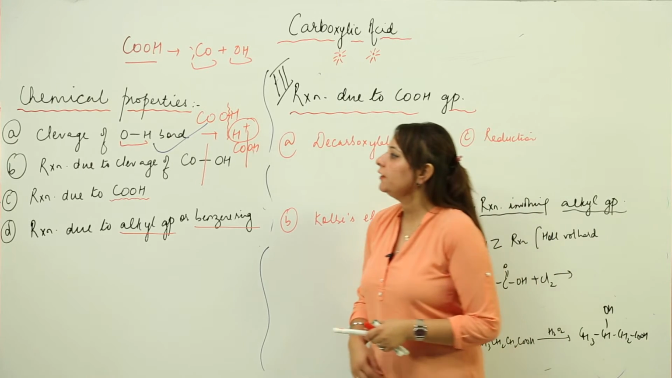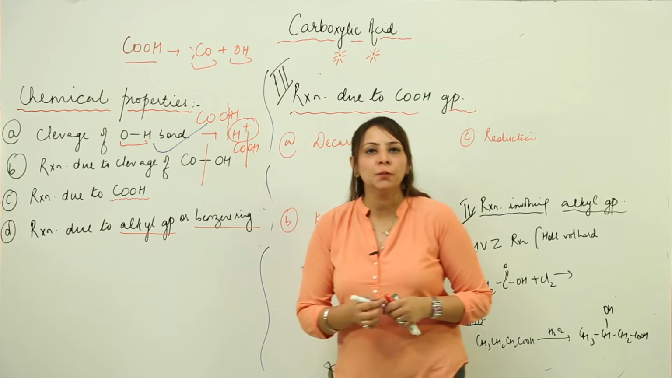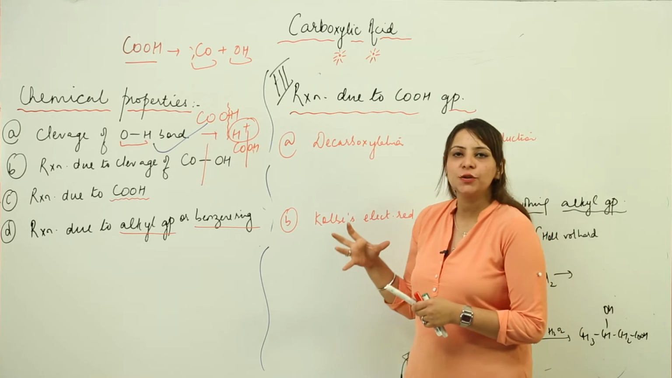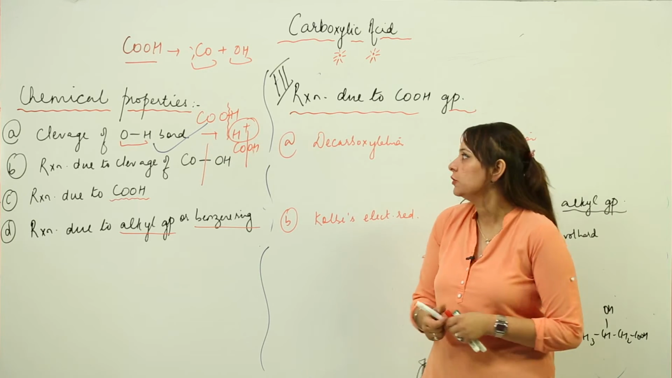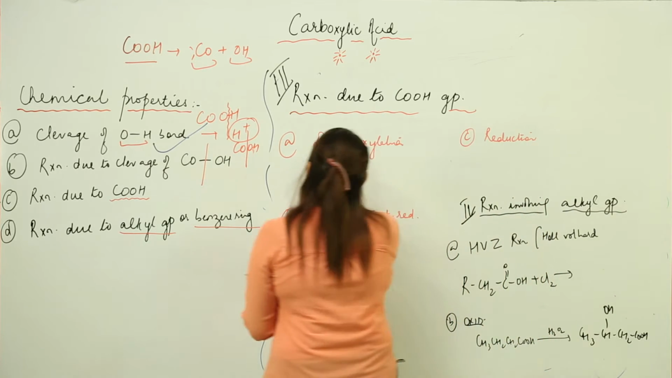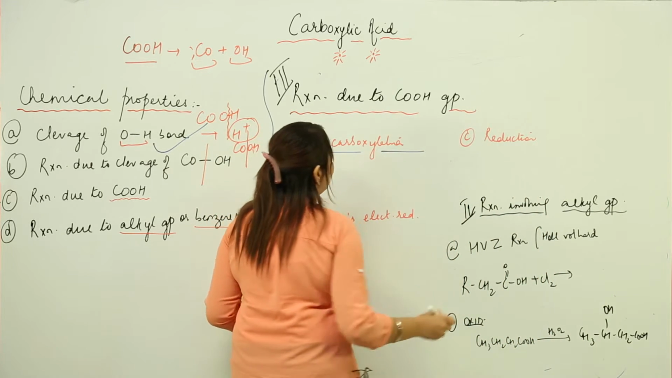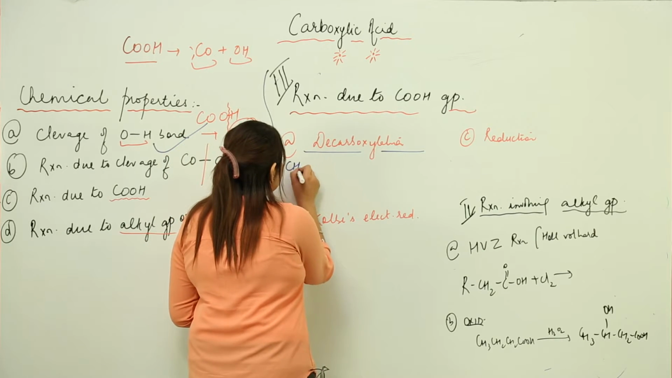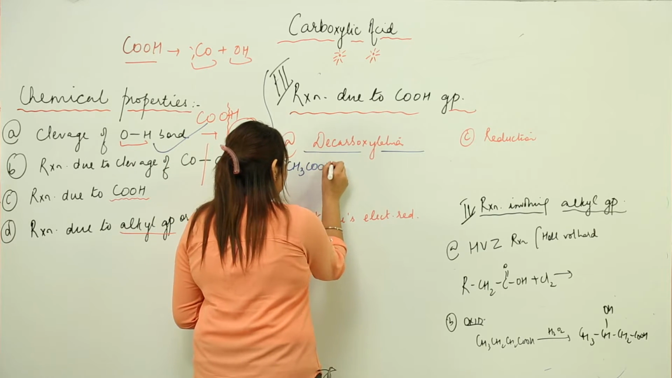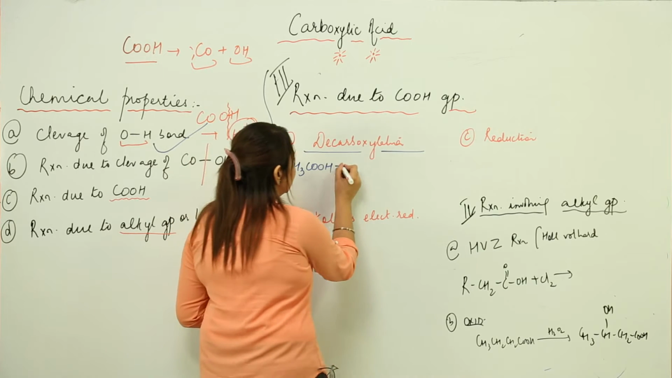Now we have the third reaction, that is the reaction due to carboxylic acid. So we will see in this reaction that carboxylic acid actually gets transformed to another compound. The first reaction, a very common and very important one, is decarboxylation. Here, suppose I take ethanoic acid, I will react it